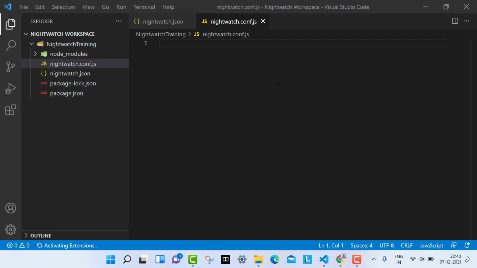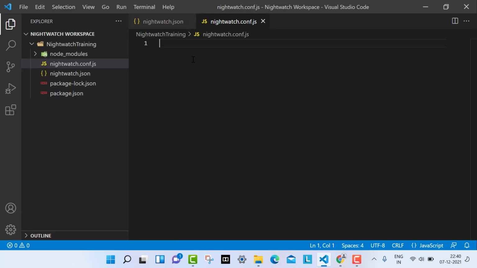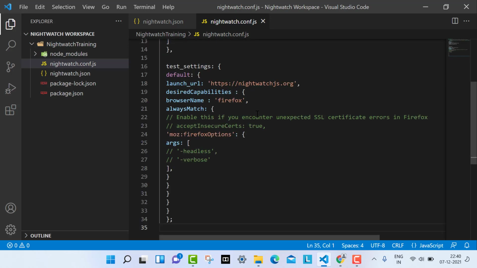Now you will wonder what information will come here. So we will go to the website, and here you can see there is some information they have given. I will copy this and paste the whole thing here.